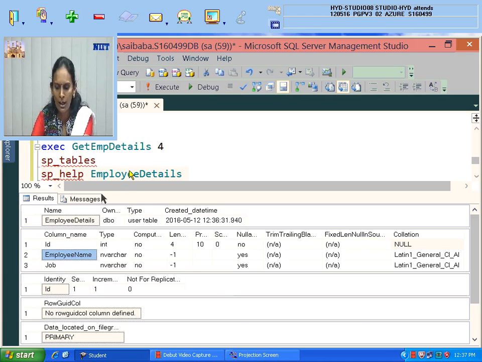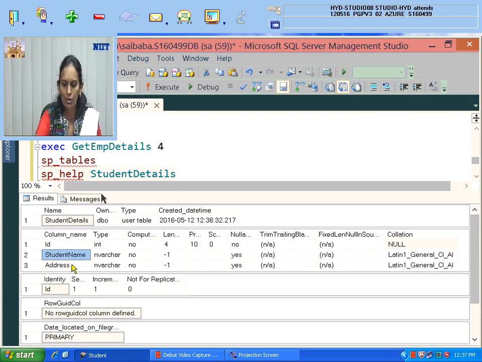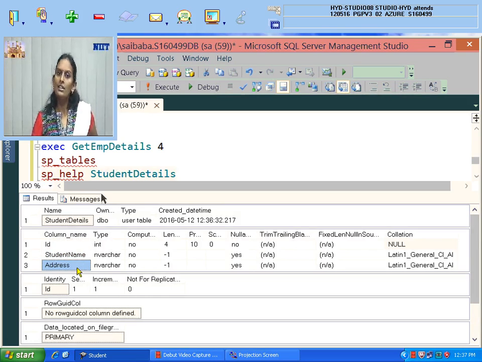No problem. And here StudentDetails also I am giving. So check whether the column name is changed as per our requirement. I did not go to any model class and do it. See here, student name, address, both you can check, my dear. So you are getting the different ones. This is one methodology of how you can do it. It is the Fluent API. Is that clear now, all of you?